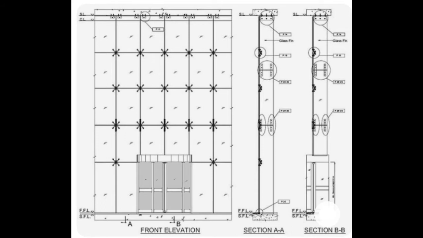So they differ from the storefront systems in that they are designed to span multiple floors. Now this is one basic difference, that a single curtain wall will range from ground plus 1 to ground plus 15 to ground plus 50 or more than that. So it will become an overall monolith kind of system at the end.